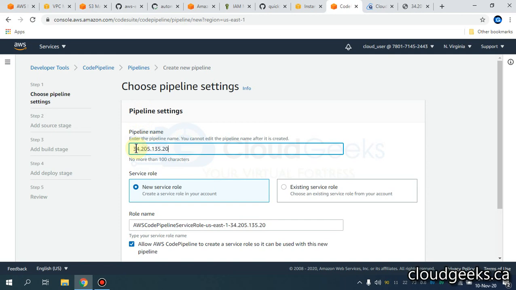I'm going to give this pipeline the same name, Cloud Geeks dash CA dash F. You can give this any name. So this is my application. I'm creating this automated pipeline.